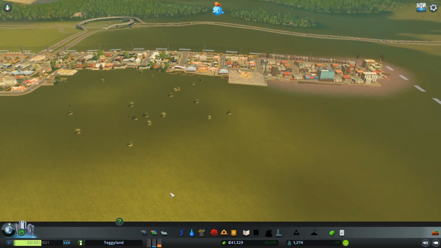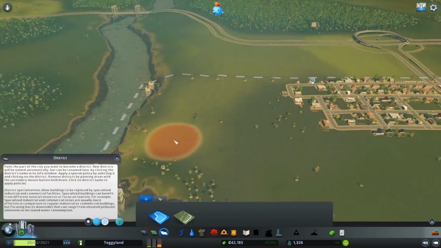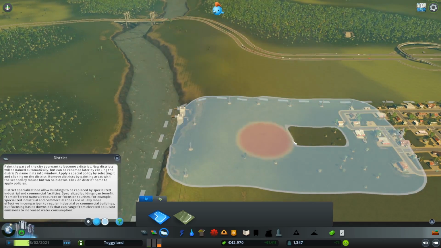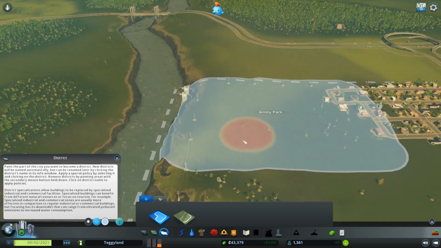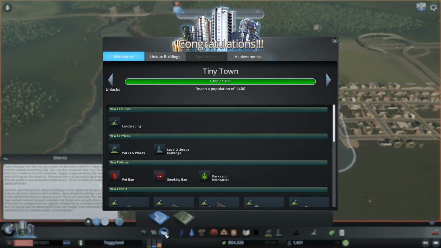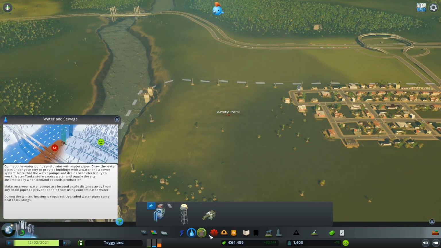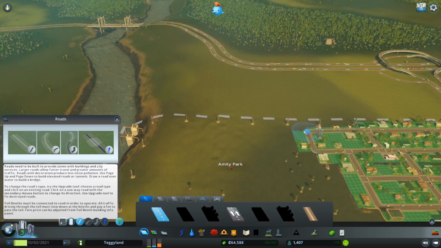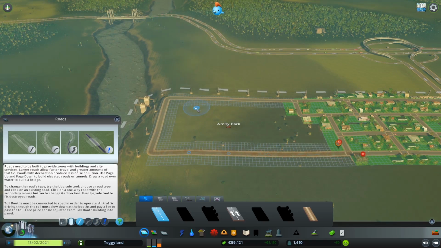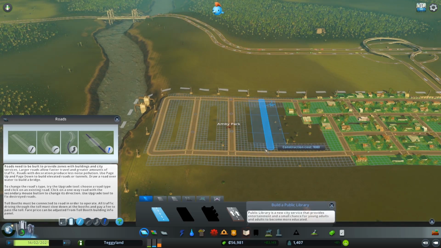Alright, so I'm going to change up the industry style a little bit here. Something we unlocked last time was districts. So I'm going to make a district out here, and just circle it around. It named itself Amity Park, and then we're going to change it to a farming district. So with the good, we got Tiny Town. Now with this farming district, we are going to build some roads and everything, and we are going to build industry. You'll notice quite quickly that industry is clearly different in a farming district than in a standard industrial district. You'll see why as soon as we get...